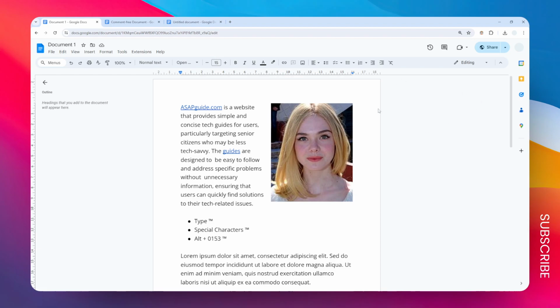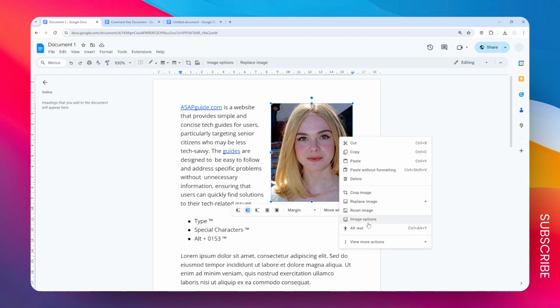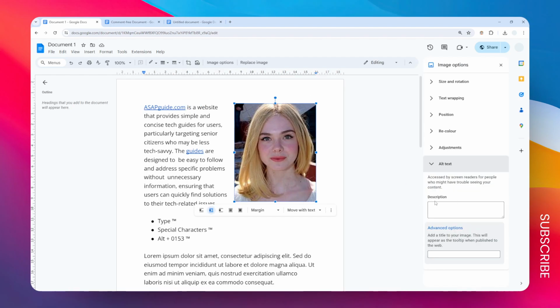broadest audience possible. So to do that, just click on the image and then right click on it, click alt text, or you can also use this keyboard shortcut. And here on the alt text menu you can add some description for this photo. So in this case I think I'm going to add some description like a woman with